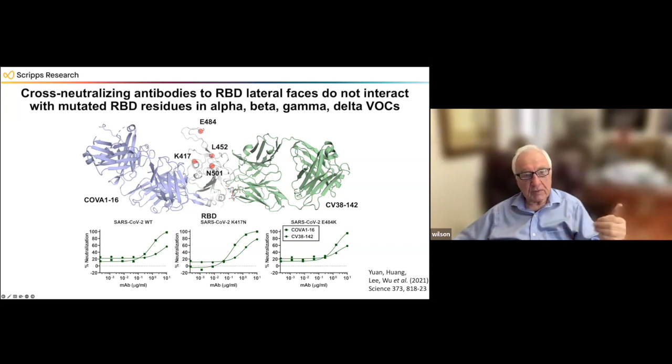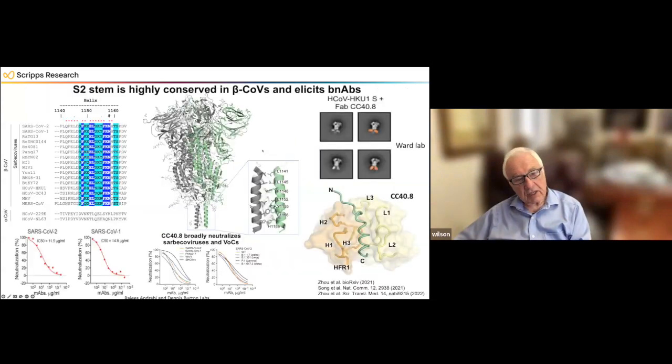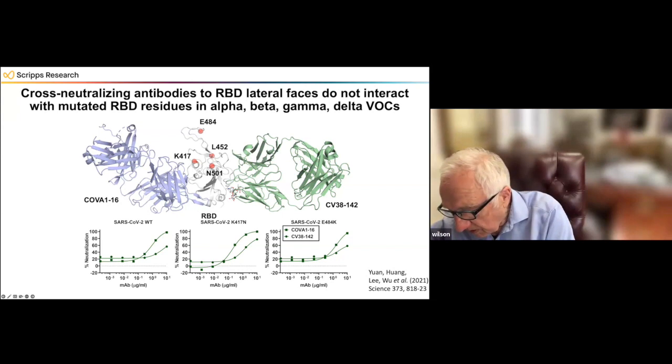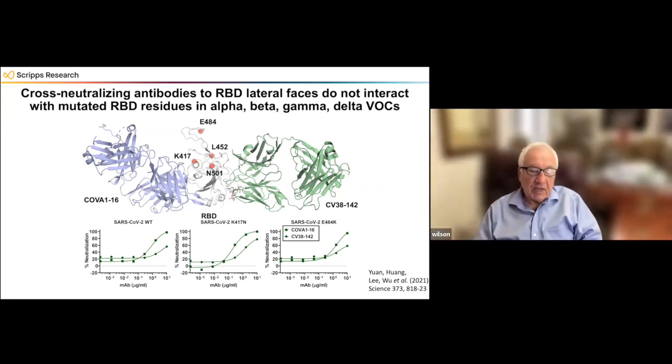So for the RBD, only the lateral patches, in the early days all the way from alpha to delta, there have been some mutations that started to emerge in these particular patches, but very few compared to the receptor binding site. So some of these antibodies actually have considerable breadth compared to the ones to the head. But that explains why all of these antibodies that were actually produced and that people were being given have basically all been escaped now.